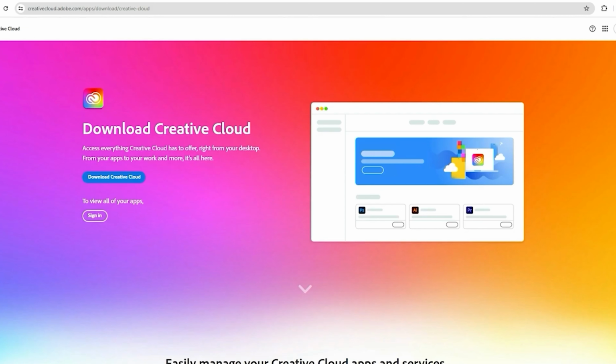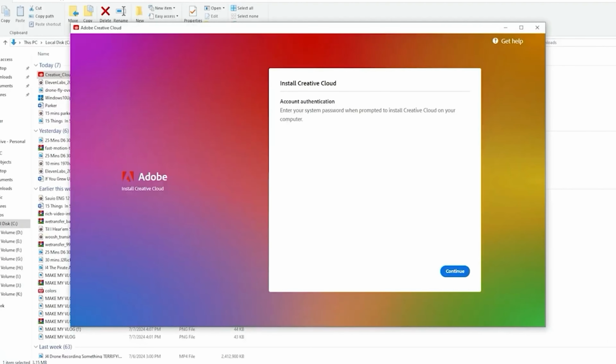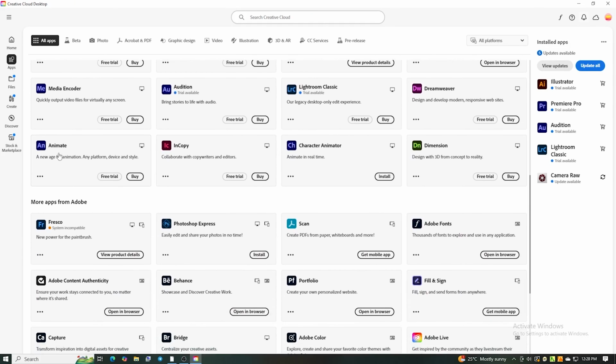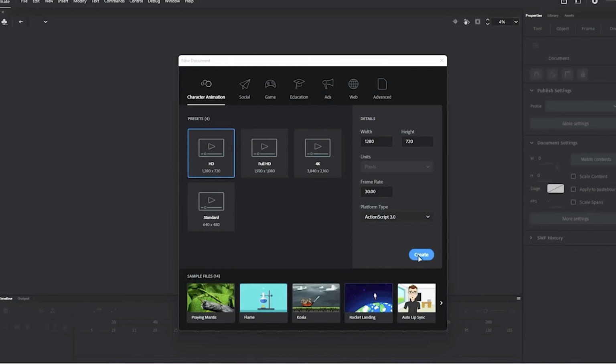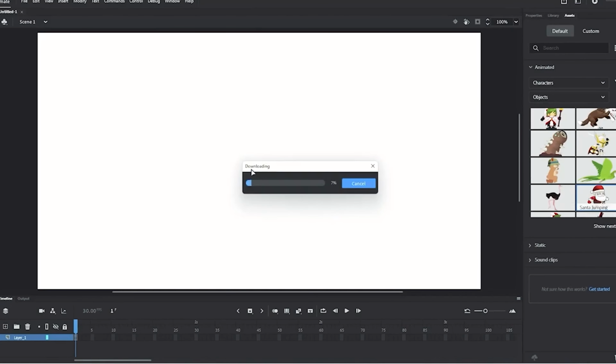Once signed in, Adobe will guide you through downloading the Creative Cloud app. Find Animate, hit install, and you're ready to start animating. It usually takes just a few minutes to install. That's it. You now have 2 full weeks to dive into Animate and experiment with animations, interactive content, and multimedia